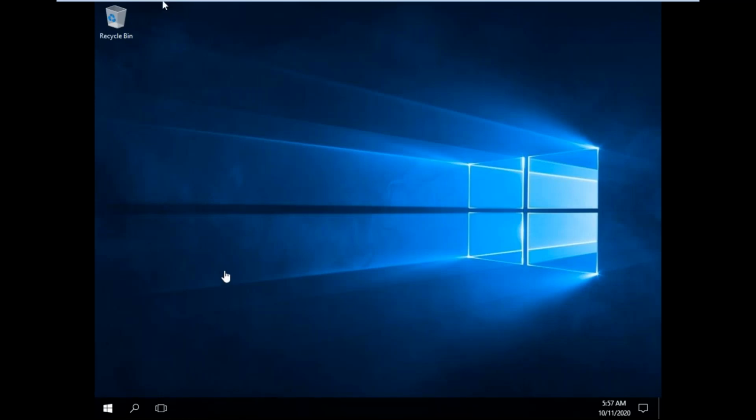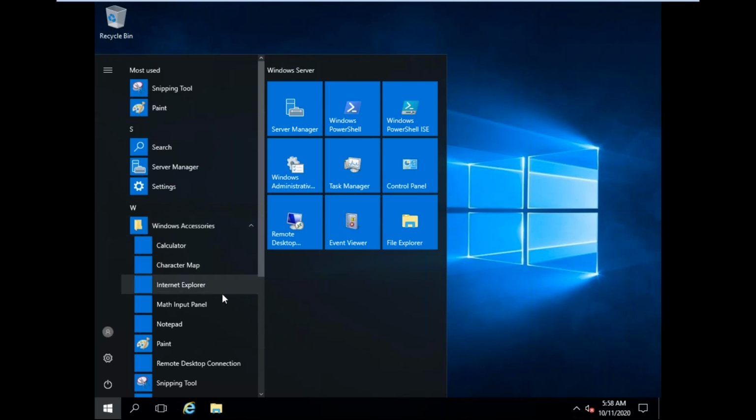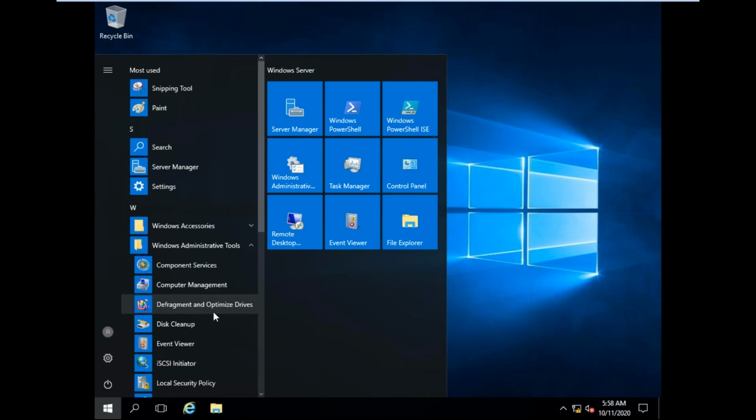Now like this, you get the window. Here you click on the Start button. Like this, you have Windows Accessories, Windows Administrative Tools like Calculator, Internet Explorer, Notepad, Paint, Remote Desktop Connection. Then in Windows Administrative Tools: Component Services, Computer Management, Defragment and Optimize Drives, Disk Cleanup, Event Viewer.